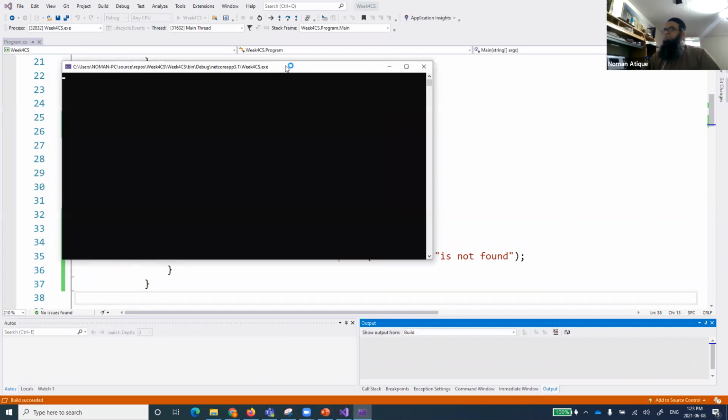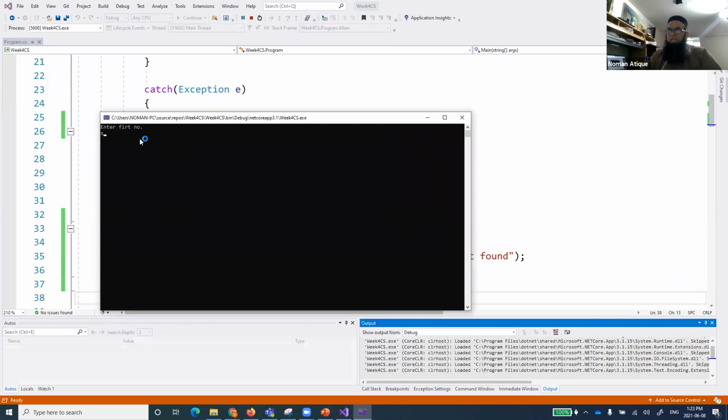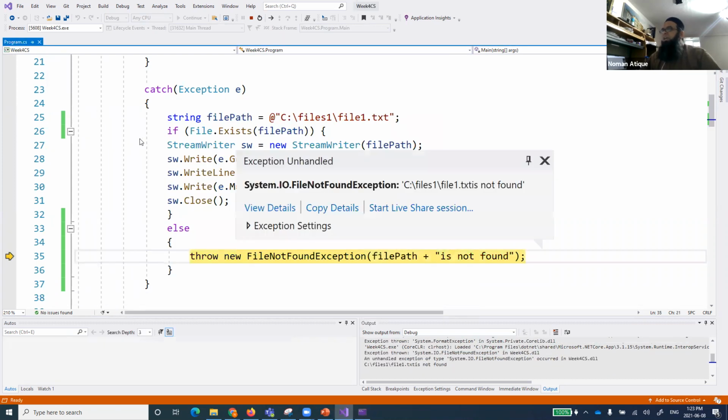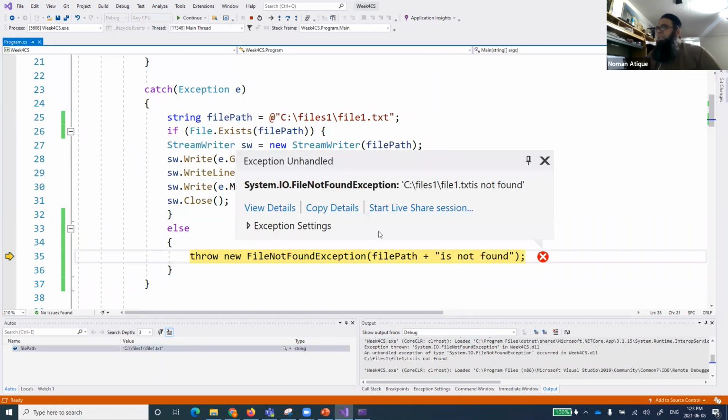Because you know there is a file-does-not-exist case also. First I will enter ABCD, then I go to the second one, and now you see it is not giving the error, directory not found. Rather it says IO FileNotFoundException, and this exception is not thrown by the system. Who has thrown this exception? Myself, my code. My code is throwing an exception that the file is not found, and I have reached this file. So it means you need to handle that one as well.